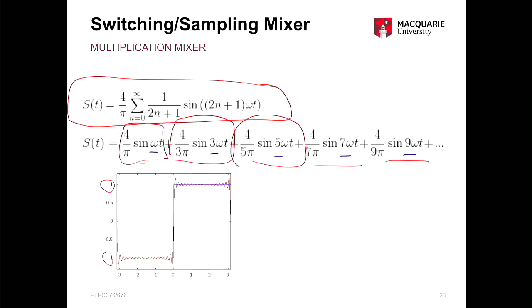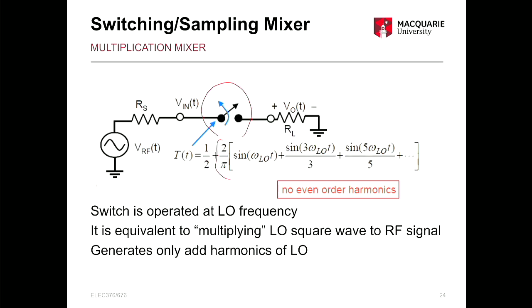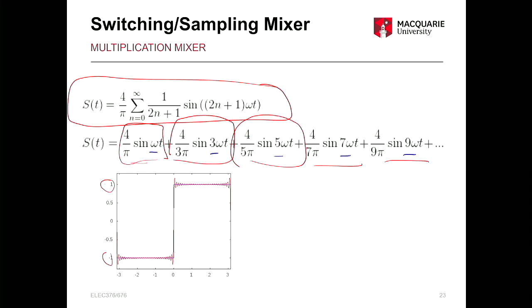So it was 4 divided by pi, and it became 2 divided by pi, but the frequency components are the same. And also there is a DC part now. Why is that? Because here this is operating symmetrically around 0, so there is no DC part. So once you remove the negative part, now you have a DC value, and that DC value will be 1